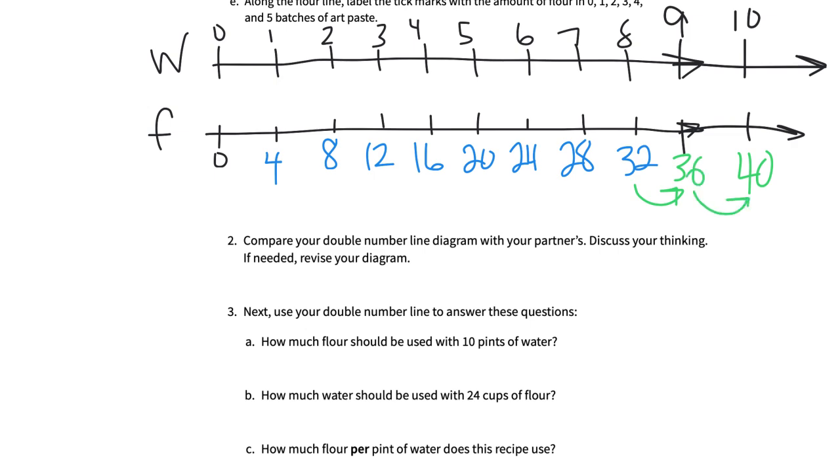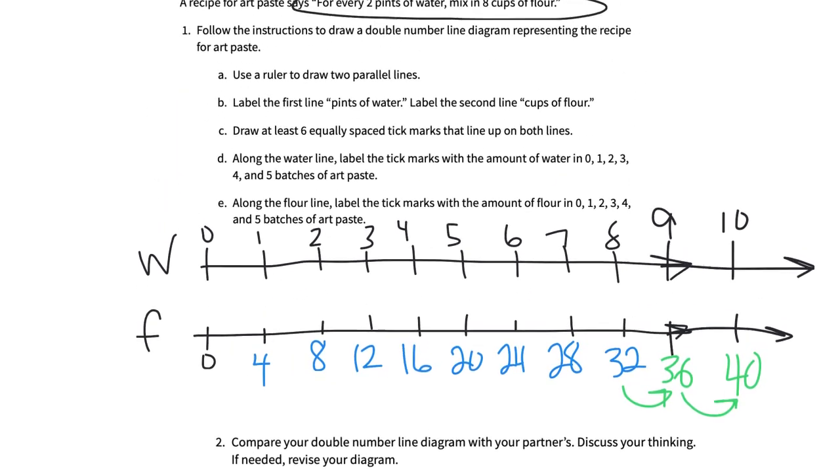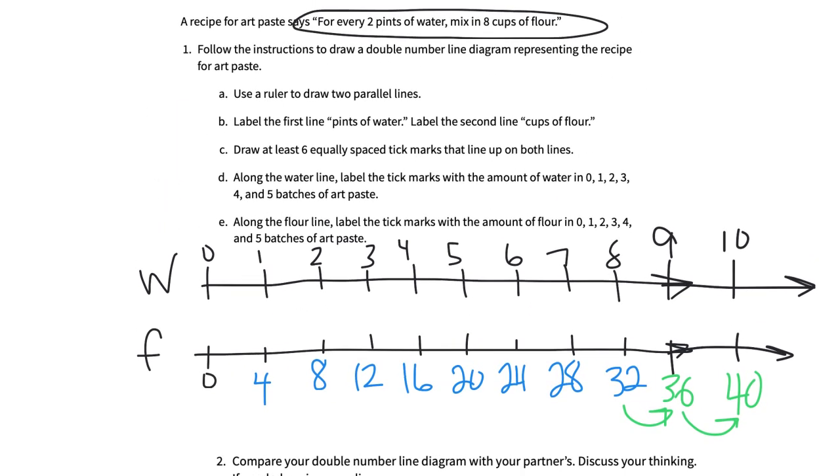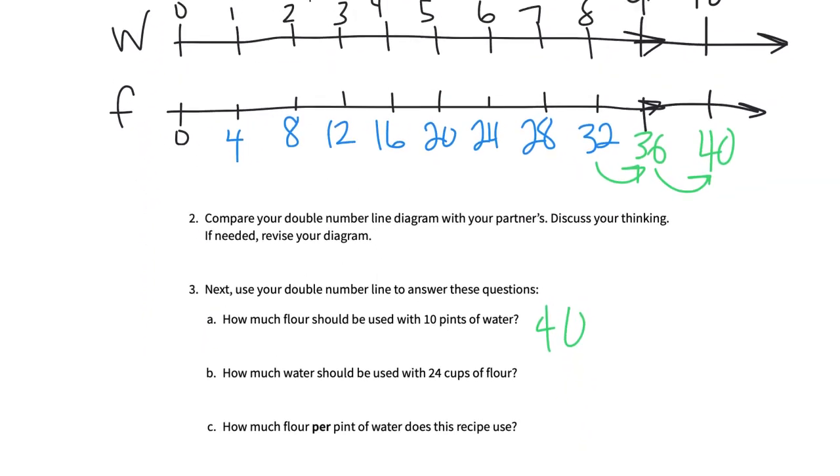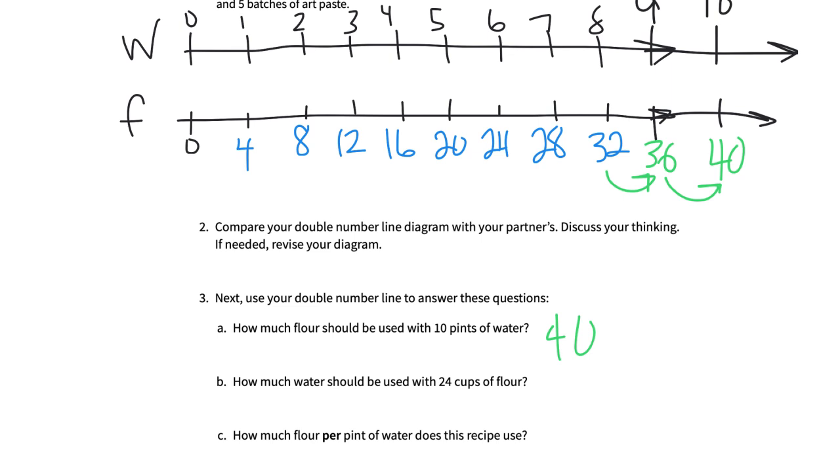Add by 4, that gives us 40. So a couple of different ways to discover that the answer is 40. And I can't remember, was it 40 what? 40 teaspoons, 40 cups, what is it? Oh, it's 2 pints of water for 8 cups of flour. So that's going to be 40 cups